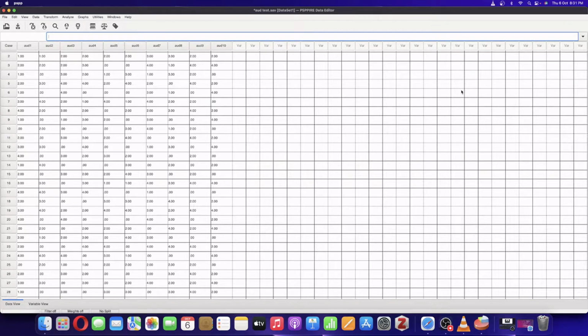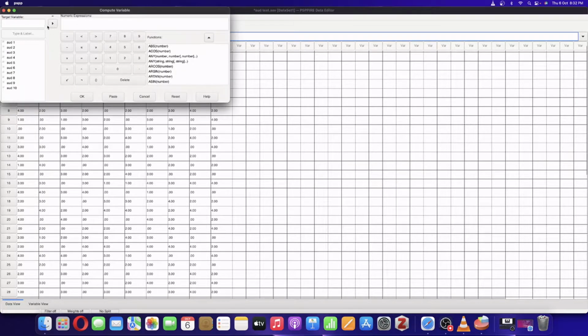Now let's go ahead and total the score first and then go ahead with the classifications as laid down in the scale. So for totaling the score, we need to go to Transform, click on Compute. Now just pull in all the items one by one into the box and add the plus symbol: AUD1 plus AUD2 plus AUD3 and so on and so forth till we reach item number 10. Okay, plus 5 plus 6 plus 7 plus 8 plus 9 and 10, and then we'll call it